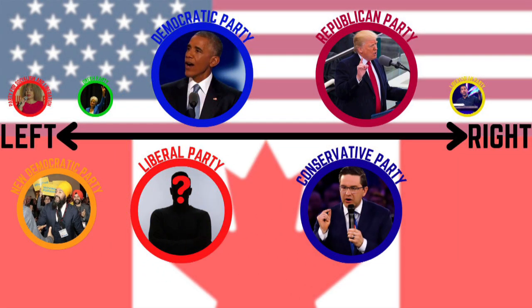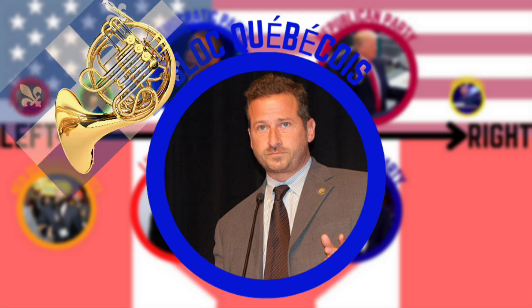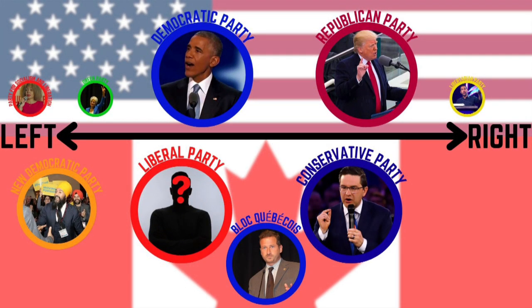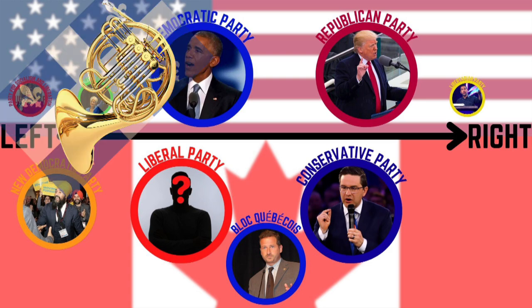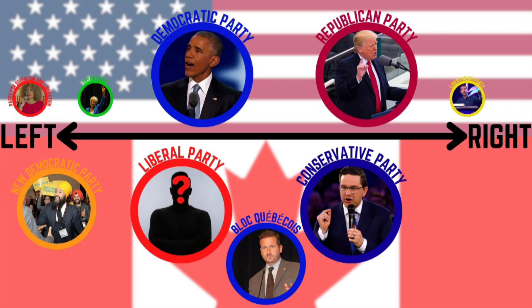The other kind of big party is called Bloc Québécois, and represents some of the French speakers in Canada's French-speaking province, Quebec. They're confusing politically because they lean left on some economic issues, but right on some social issues, and mostly care about local stuff, so we'll just put them here. Because they are a regional party and only run in Quebec, their leader, François Blanchet, I know my French is amazing, has basically no chance to become prime minister. Their situation is pretty unique, and there isn't really an American comparison.